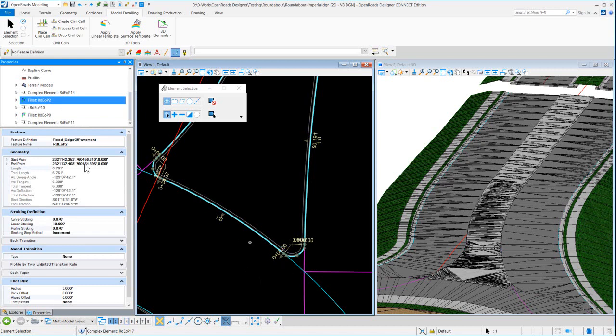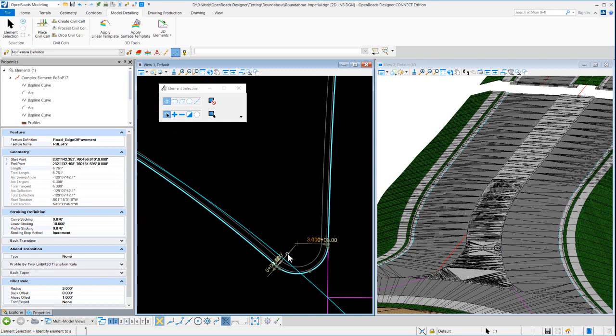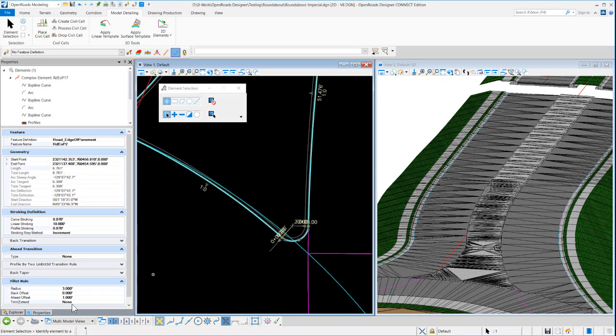So if I want to change this offset down here, I'll grab this first fillet. If I want to change that head offset, I'm not sure which way this is going to go, but I'm going to change that head offset to 1. And quite honestly, you can shift these either which way you want to go there. So now I've kind of got it like that. So like I said, you can shift these either way. So if I wanted to make that whatever, -3, I meant to put -3, but